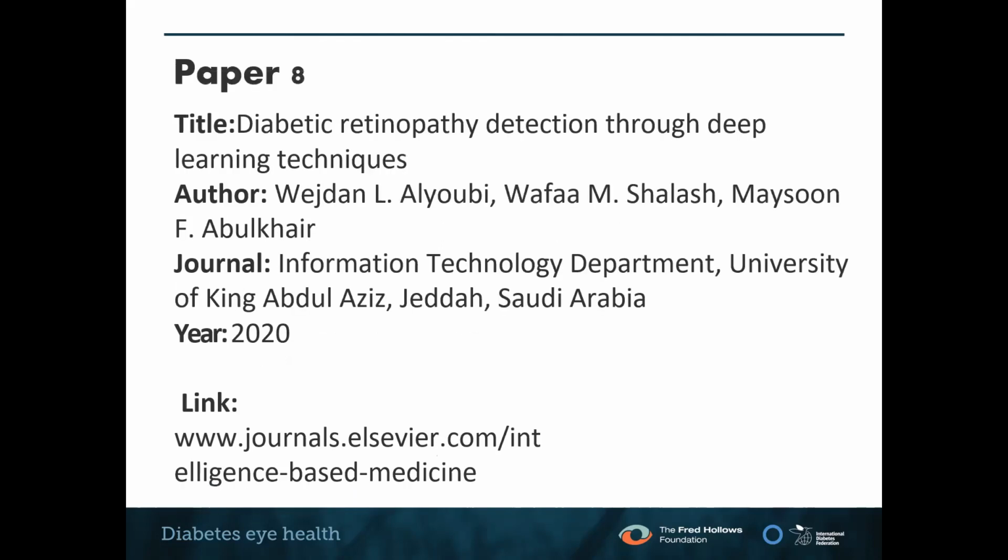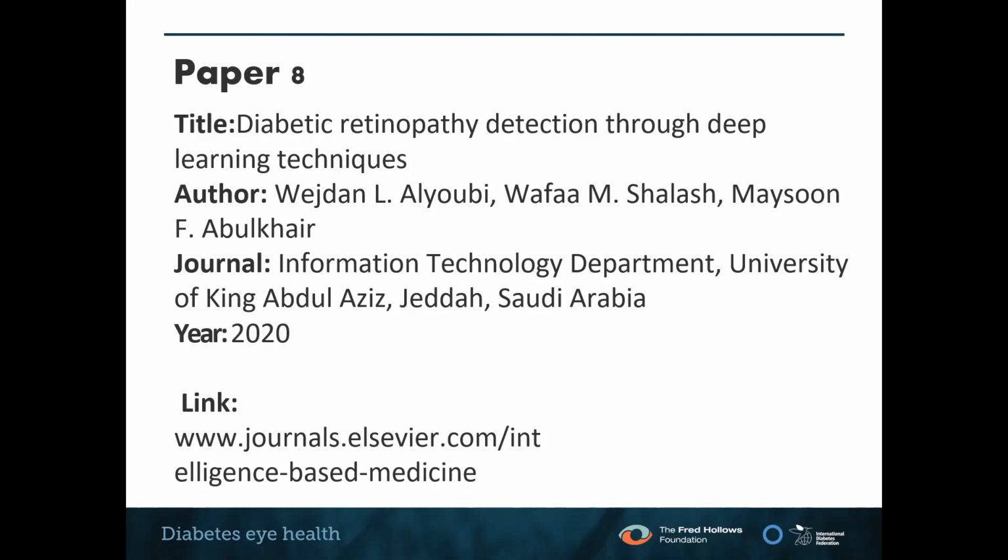So next will be paper 8, Diabetic Retinopathy Detection through Deep Learning Techniques. Author: Wejdan L. Alyoubi, Journal of Information Technology Department, King Abdulaziz University, Saudi Arabia. Year 2020. Diabetic retinopathy is a common complication of diabetes mellitus which causes lesions on the retina that affect the